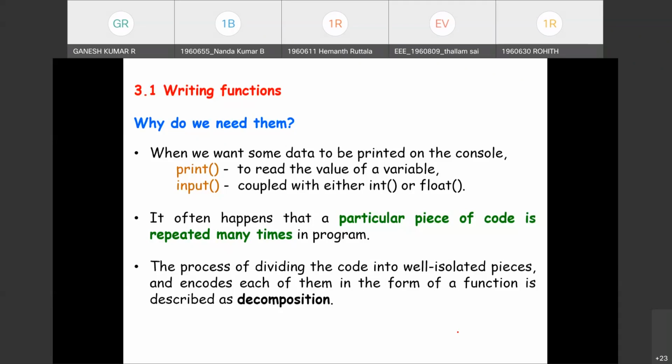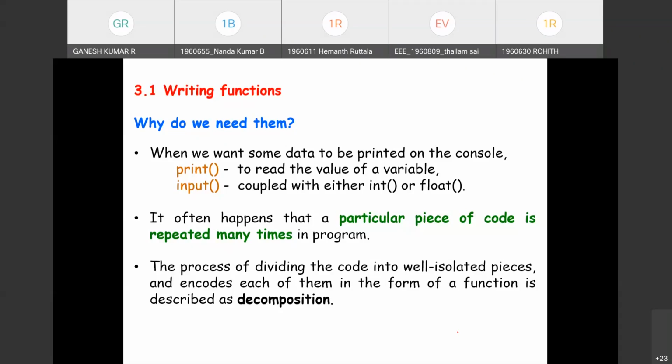Now we can state the second condition. If a piece of code becomes so large that reading and understanding it may cause a problem, we consider dividing it into separate, well isolated pieces, I mean smaller problems, and implement each of them in the form of a separate function.